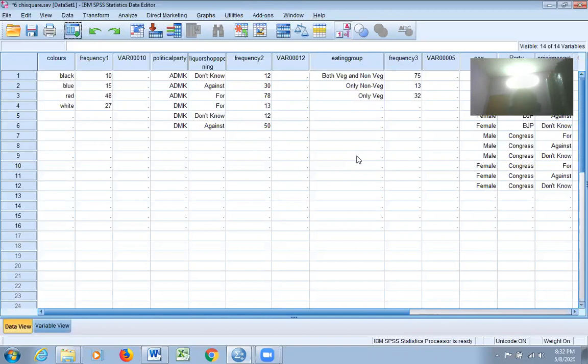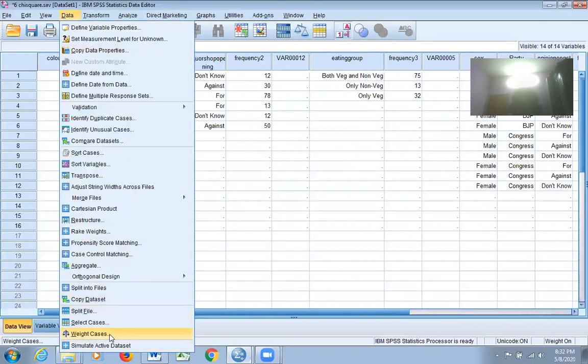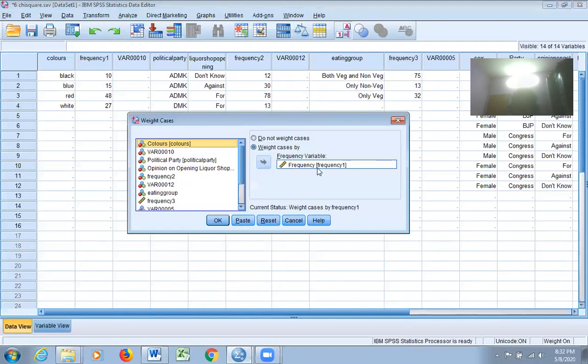When you want to conduct a goodness of fit for this particular data, before you go for this analysis, if the data is available in frequency counts, you have to go to Weight Cases. So let us do that first. Let me go to Data. In Data, I go to Weight Cases. For the previous case, we had selected a particular frequency.